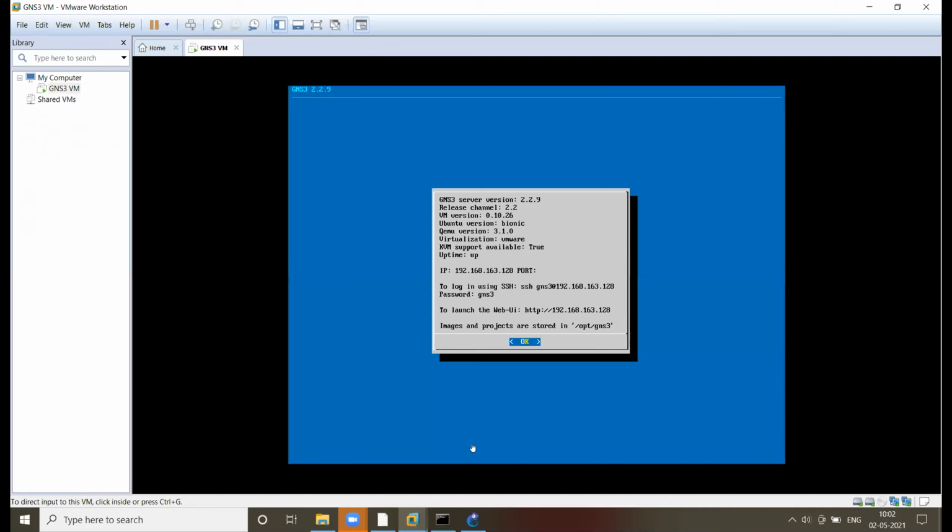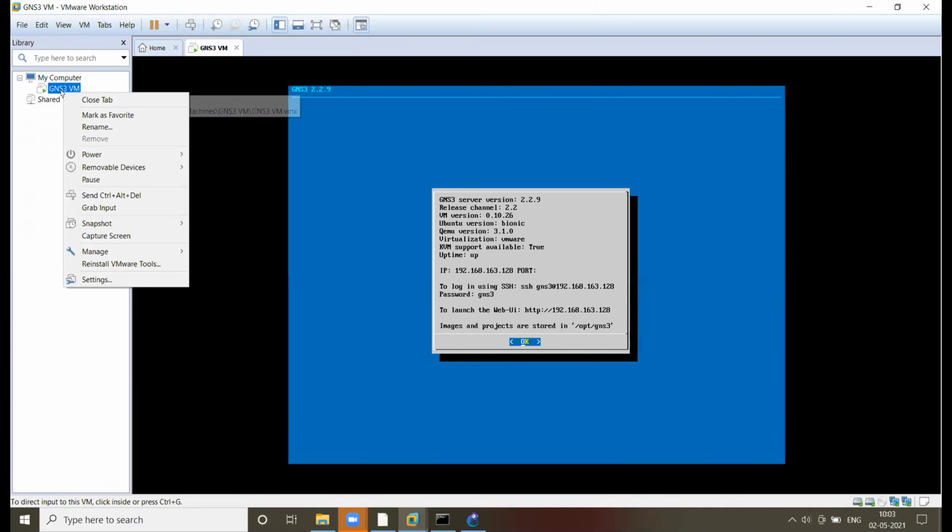Right click on GNS3 VM. Power, shut down.